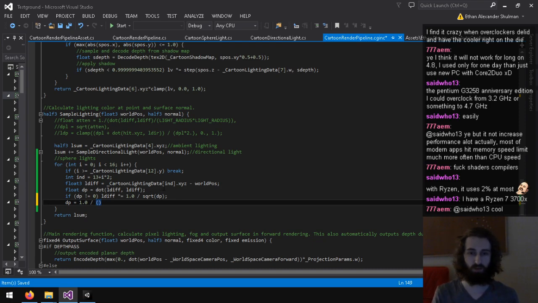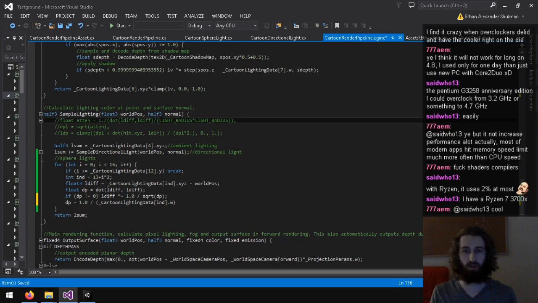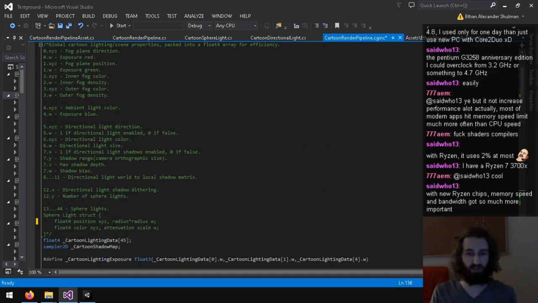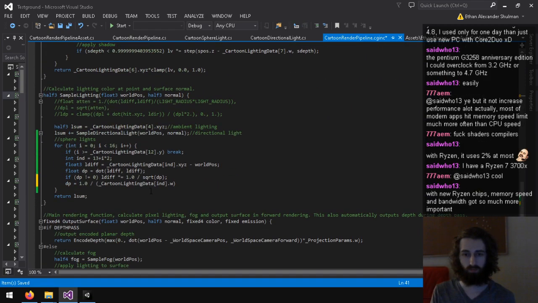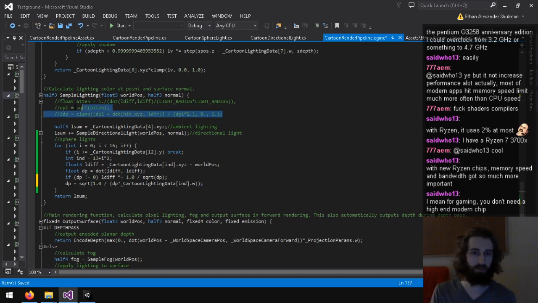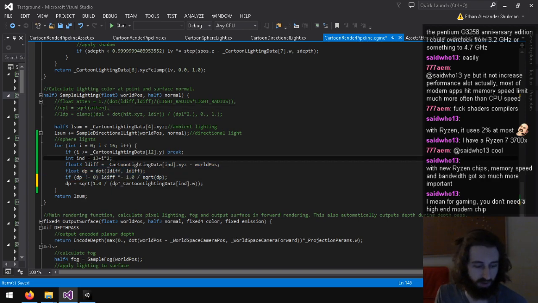So that has radius squared now, so x.w. Oh, I'm dividing by. So actually, this is going to be 1 divided by radius times radius. dp times that, and then the square root. Alright, there we go. So I'm copying this code up here, but kind of applying it with this new uniform